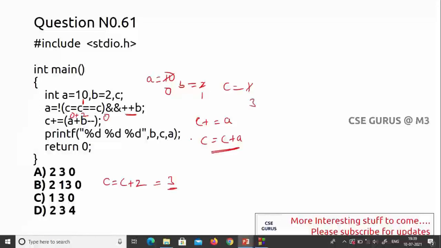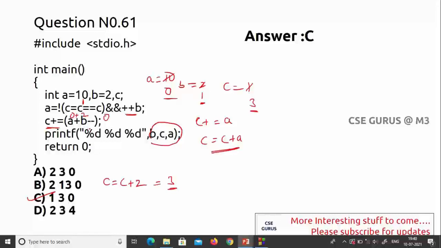So these are the modifications that will happen, and now it is asking the order B, C, A. B is 1, C is 3, A is 0. So option C is the correct answer. So this is what the logic you have to remember, the priorities, how you have to do. Whenever you want to solve a problem like this, you have to know logical operators, how to take the increment and decrement, how to take the relational operators, and about post and pre, and also assignment operators. I think this problem consists of all these operators, right?